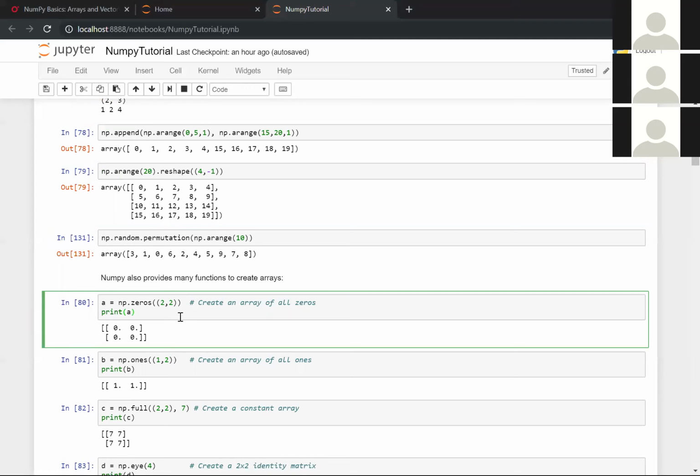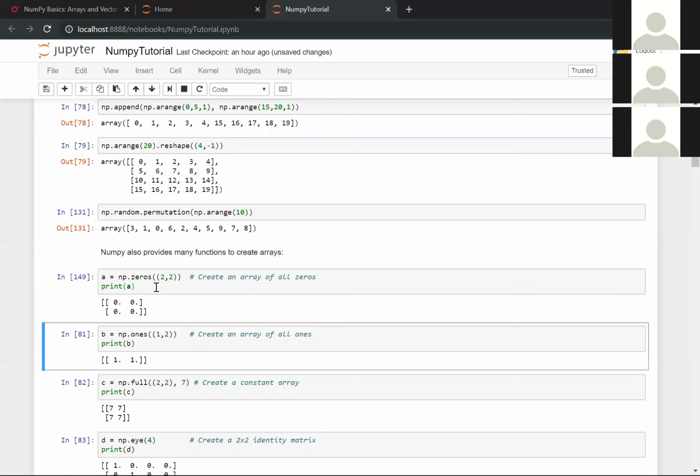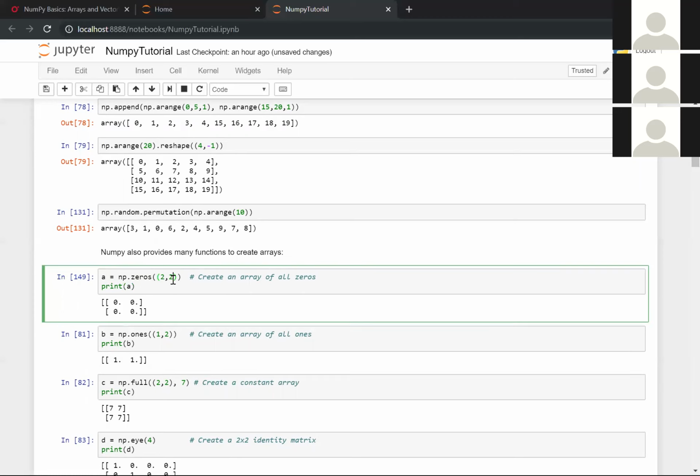There are other ways to create arrays. np.zeros is a function that can create an array with all zeros. You need to specify the shape of the array you want. So for example, I want to create a 2 by 2 array with all zeros. Just need to type in np.zeros and pass in a tuple. And for 2 by 3,